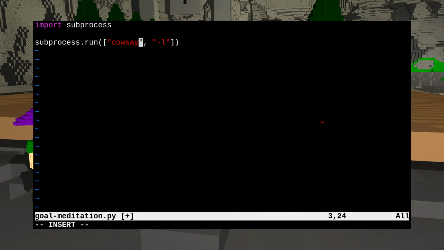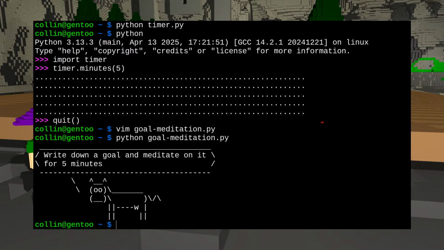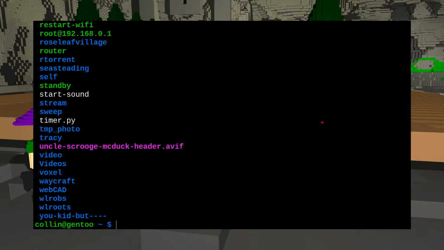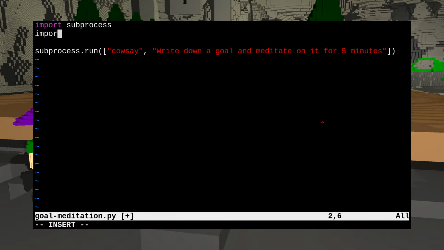So this will be calsay, and write down a goal and meditate on it for 5 minutes. Okay, so the first thing to do, which is Python. Oh, that actually won't. That will run because I didn't put it in a function. So goal meditation.py. Okay, so that works, and then vim goal meditation, and then I want to import timer, and